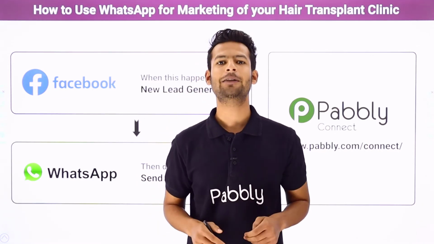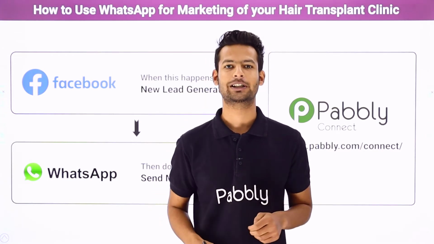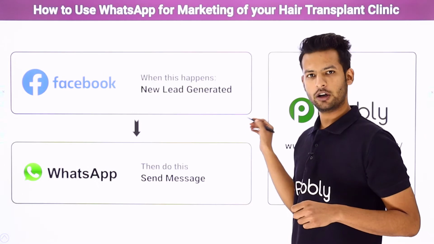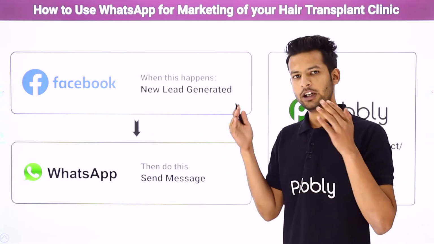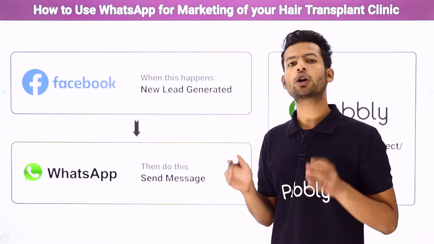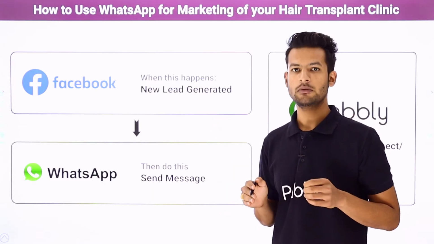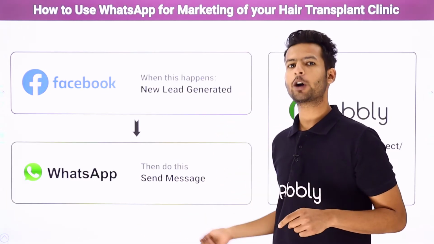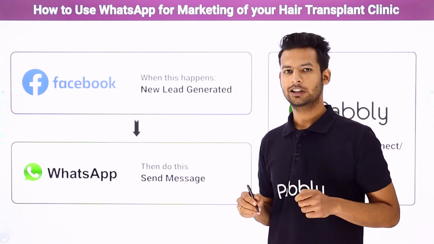So to save your time, I suggest you bring some automation here. You want something like, you have advertised your clinic on Facebook, okay? Now whenever a new lead is generated, whenever a customer enters your advertisement, automatically a form will pop up, okay? On successful form submission, automatically they will receive a WhatsApp message with the link of the brochure.